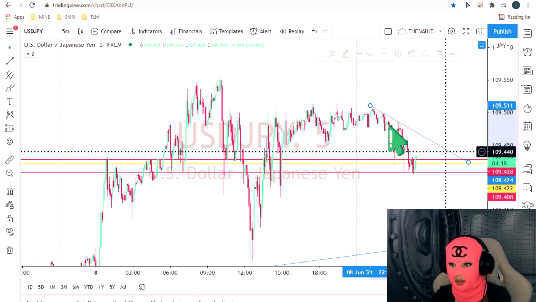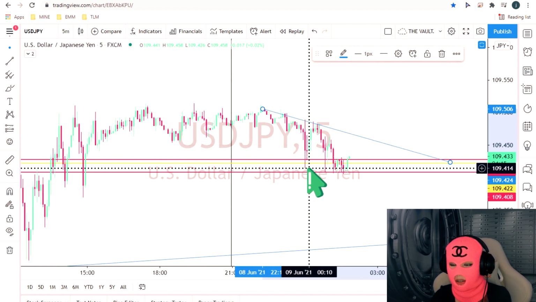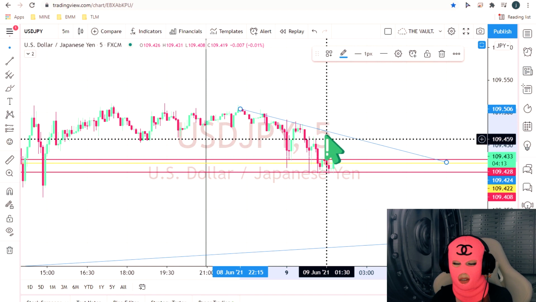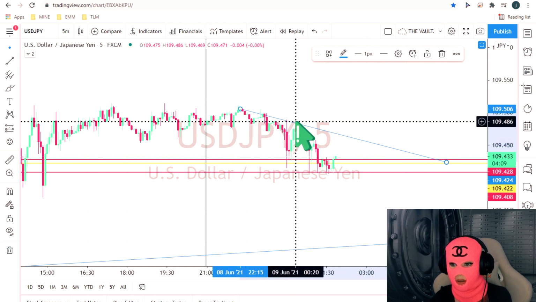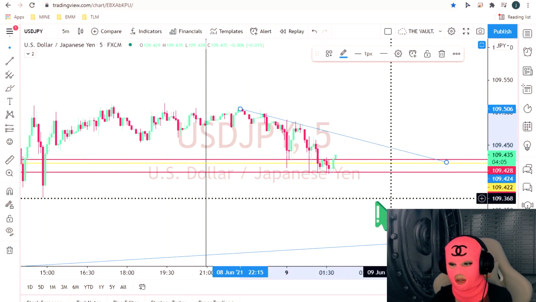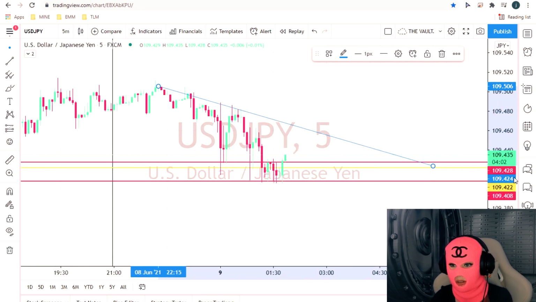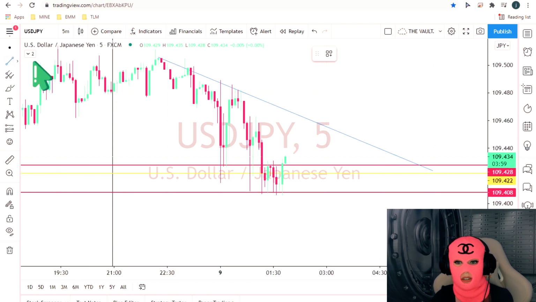I don't even like drawing it towards the wicks. I like drawing it towards the bodies of the candle because wicks are pretty much impulsive moves throughout the market. Now you already have 1, 2, 3, 4, 5, 6, 7, 8 touches going downward. So if we were to just do recent, you could totally do this on a 5-minute. Let's draw,